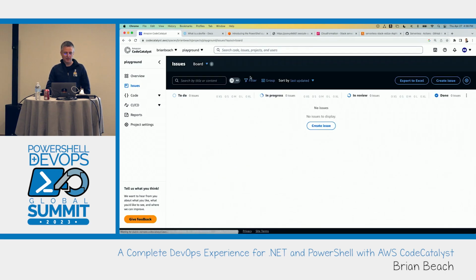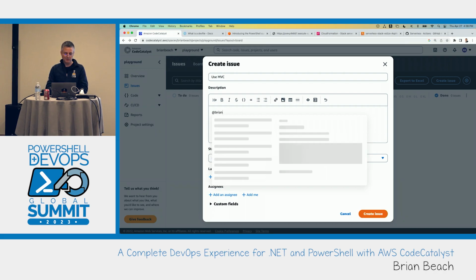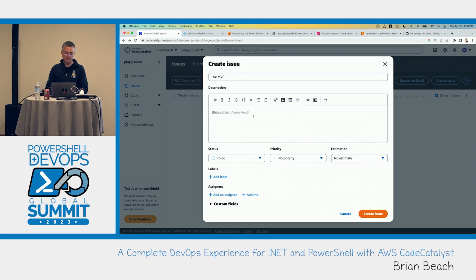So let's go and actually add something to this. Create an issue. Let's say use MVC. And when I type an issue, these are really rich. It's using Markdown syntax, but I've got rich capabilities like an @ sign will bring up the ability to search. So I could maybe mention somebody in here, like me. And I say, hey, Brian. I could say, stop hard coding responses